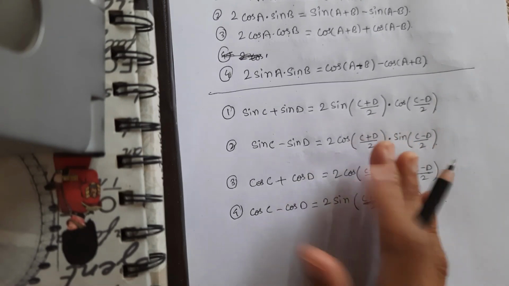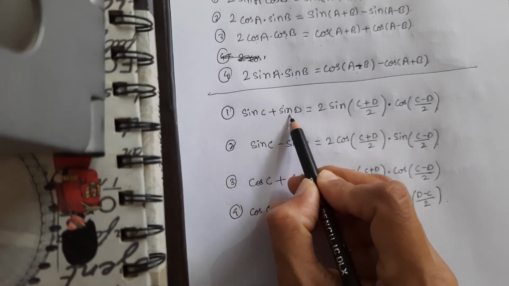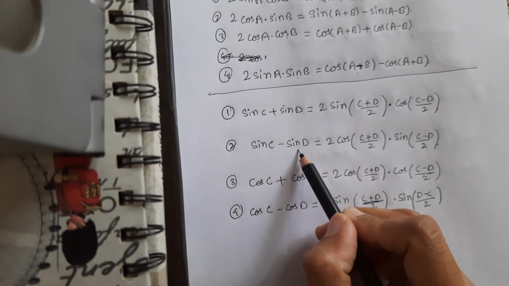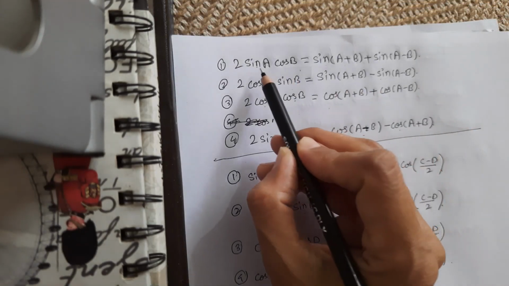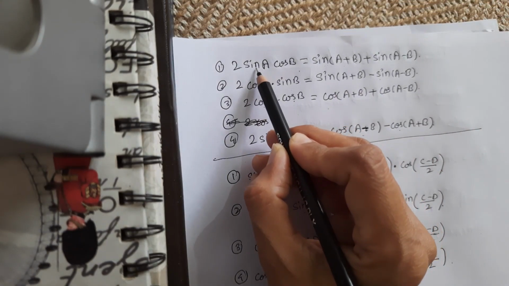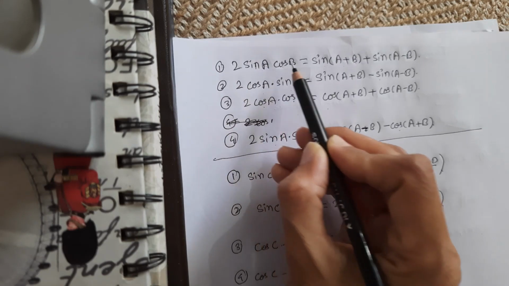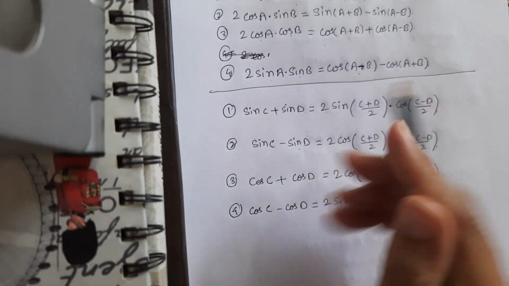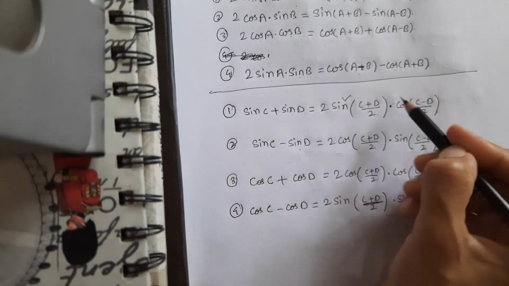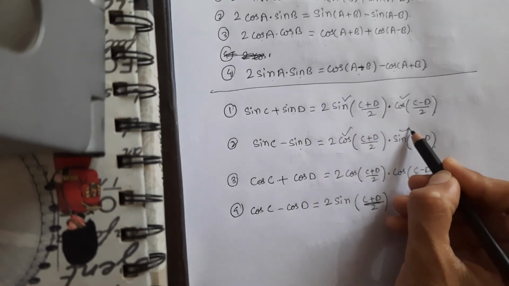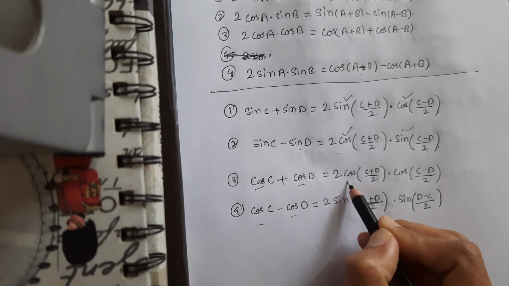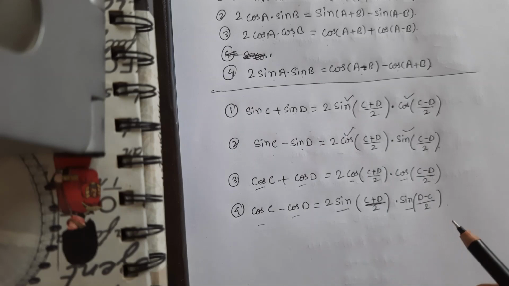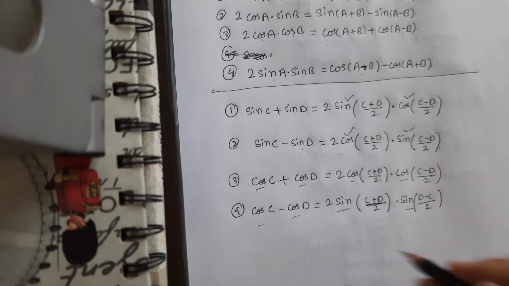In the factorization formulas, we have sin C plus sin D. Similarly, sin C minus sin D. Here you can see that whenever the opposite combination is there, the product of sin and cos, sin plus sin is going to give you sin into cos, and cos into sin. And whenever the same terms, cos and cos or sin and sin, are there, then you get the same function, no alternation. Just remember these things.